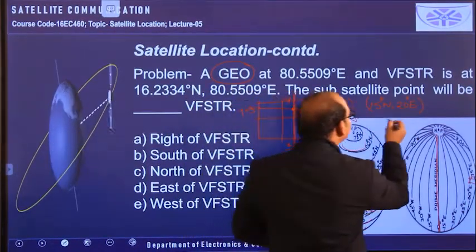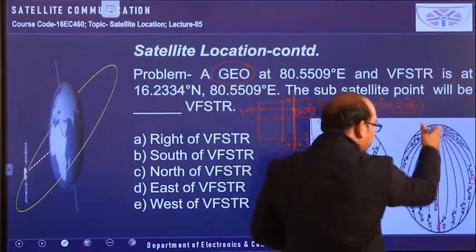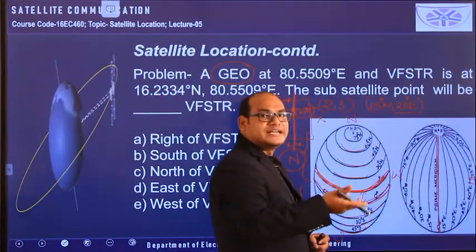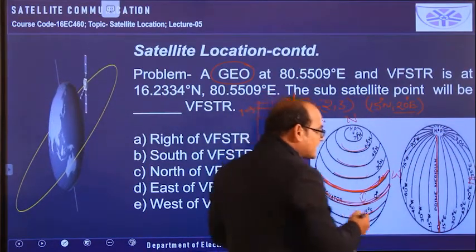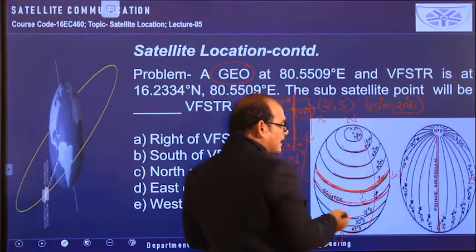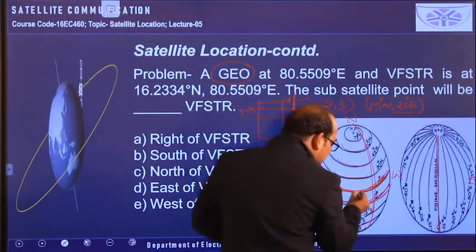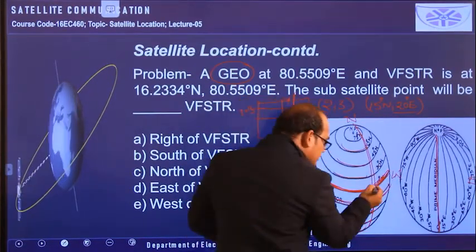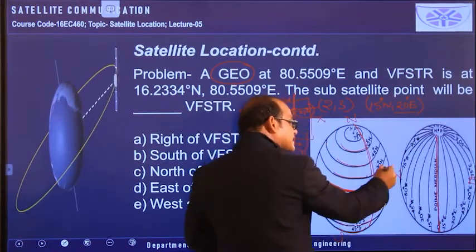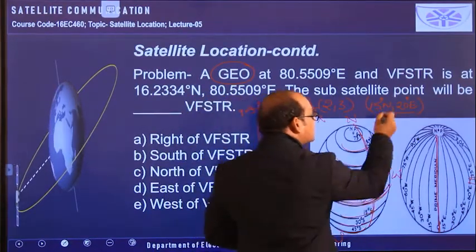Next, by having this information, 20 degrees east means from the prime meridian we have to travel towards the east side, that is equivalent to 20 degrees angular distance. So that is representing a certain longitude like this. This is representing 20 degrees east and this is representing 15 degrees north. So this is the intersection point. This point is available on the 15 degrees north and 20 degrees east. So this is the position of this particular point.